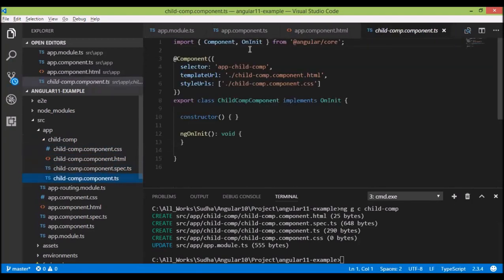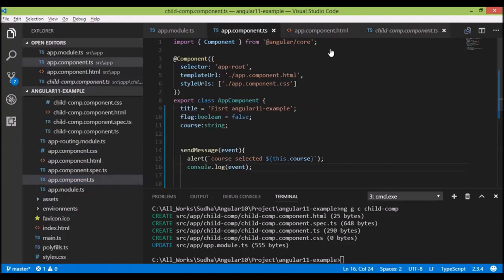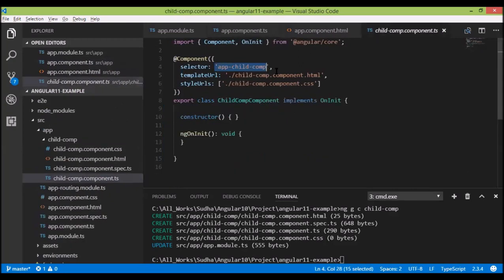Now we'll see this code. It is again a component. Child component component. The selector is now this. It has this selector and it has this selector. Now we'll pass the information from my parent to child. For that we use the @input decorator. So how do we write the code? Input means incoming information from my parent to child.